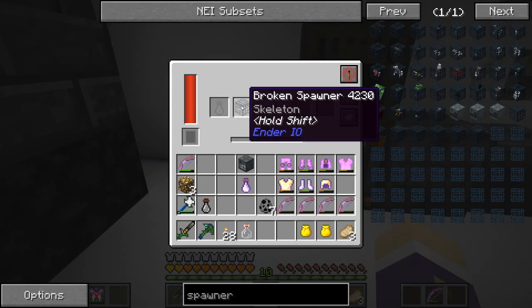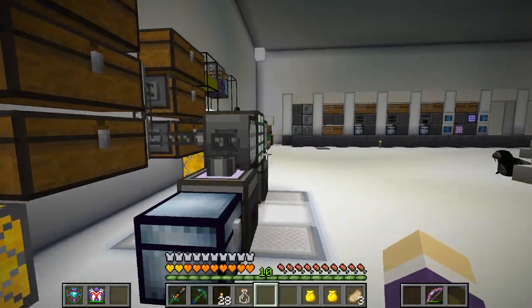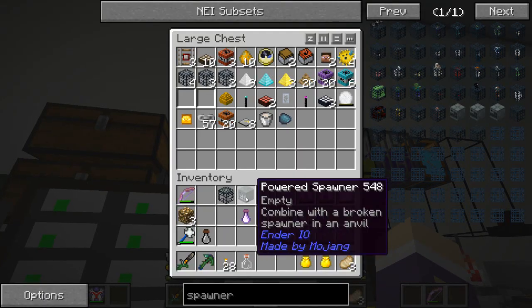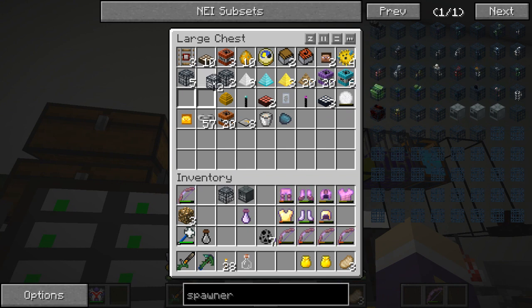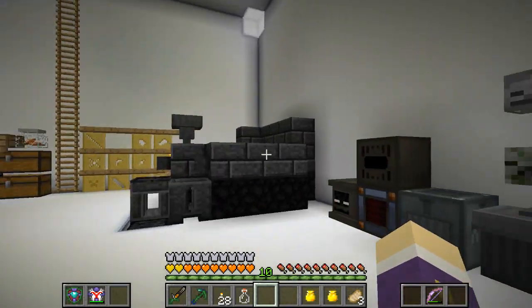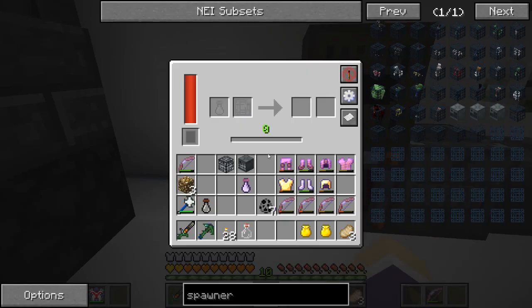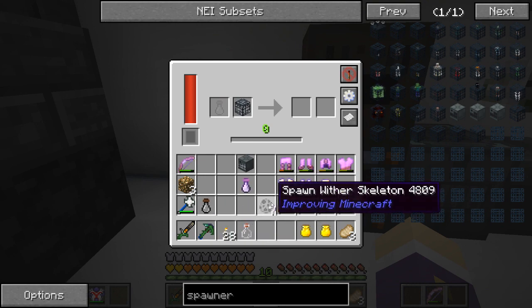That's good. Now, this is a broken skeleton spawner there. Let's take that out because I don't want to get confused. So I want to use... Let's take a blaze spawner. Because the whole blaze spawner thing I can't use in that system. Same as I can't use enderman spawns in there either. So we'll have blaze and...